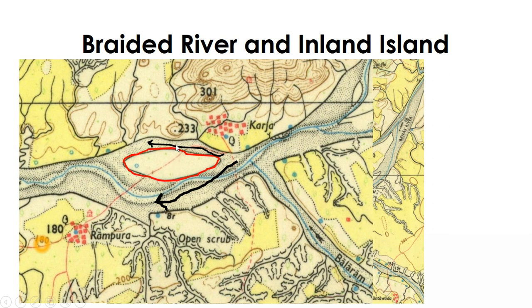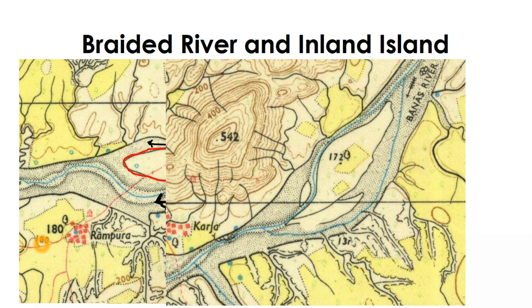This stream is called a braided stream because one single stream, which was earlier flowing as a single stream, is splitting into two. So this is called a braided channel or braided river. If you look at the other part of the map, we have the same situation again. The stream is coming from the north direction, but after reaching one particular point, it is splitting into more branches, like here we have three branches. So there is a large inland island here, and a small inland island here. This is called the braiding of the river, or the braided stream or braided channel, and the island formed inside the river is called an inland island, or also a riverine island.